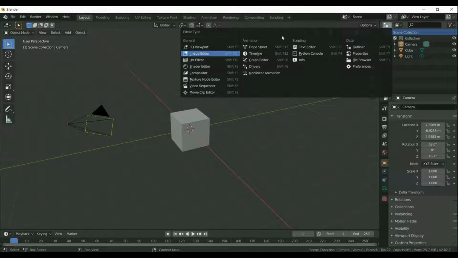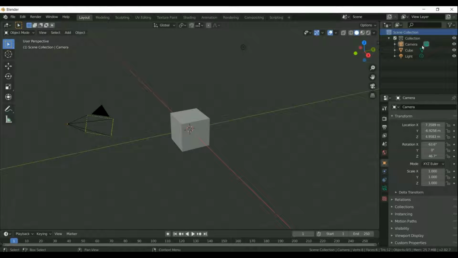Mainly the default is the outliner. We are here in the outliner. In the outliner we can select an object by clicking on it. This camera, cube and light are in our scene for providing the basic input for our animation.